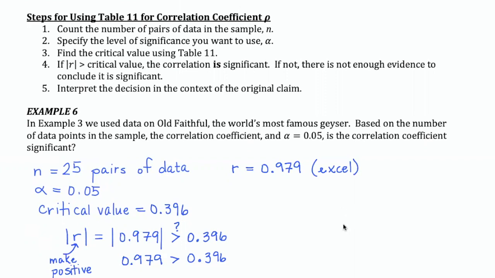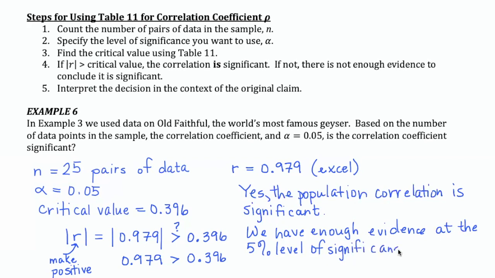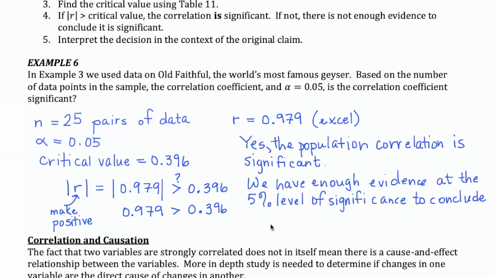And because of that, then we can conclude that the population correlation would be significant. So, in other words, this is a useful sample. I'm just going to write yes, the population correlation is significant. We have enough evidence at the 5% level of significance to conclude, and again, we have to do this in the context of the original claim. In other words, go back to what this actually means. There is a significant linear correlation